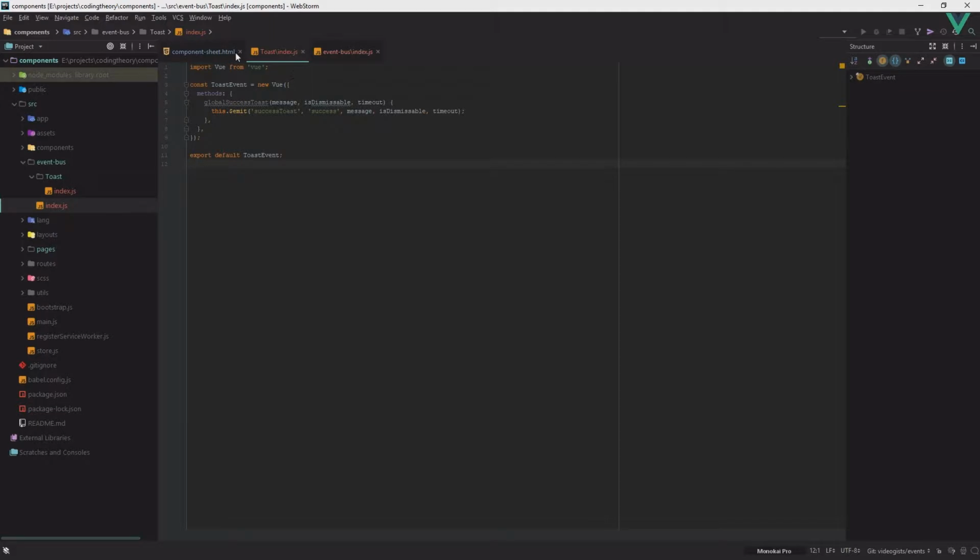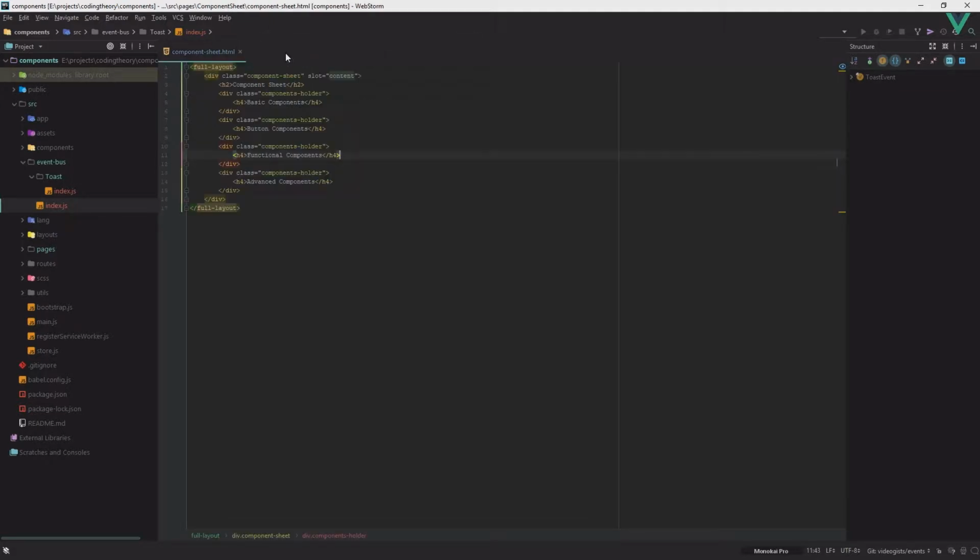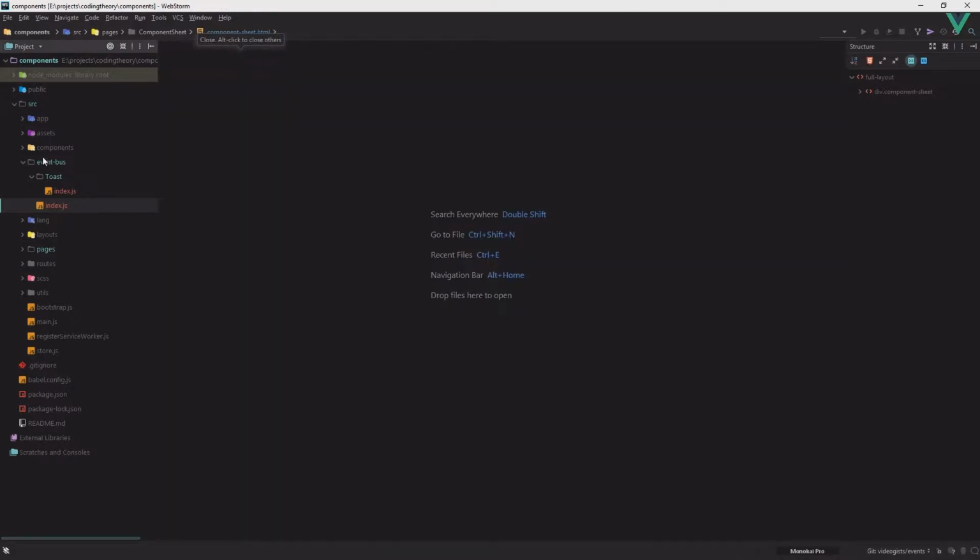Okay guys, so this is the first start of what we're doing. I'll go quickly over what I've coded in here. We'll close the component sheet down because we don't really need that right now. Here in the code, I needed to create a folder that contains information about what's going to happen with the event busing. The first thing that I do is create an